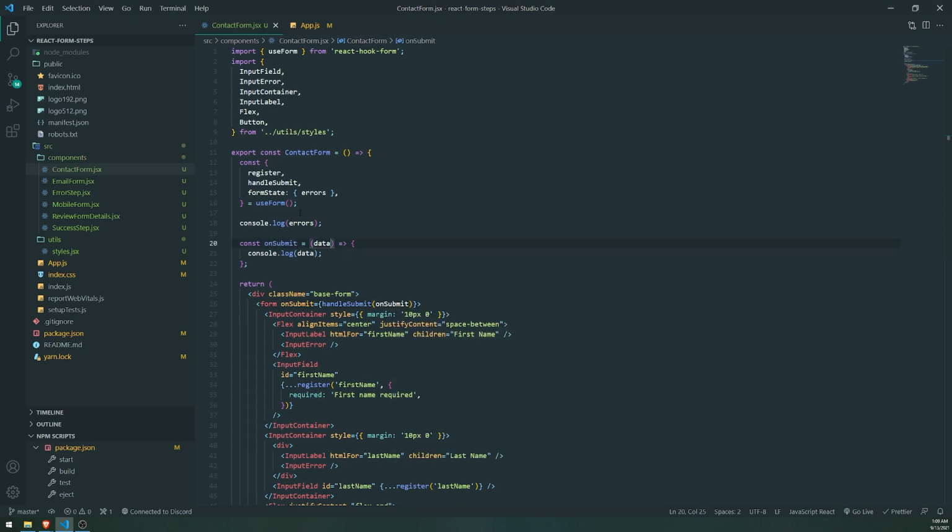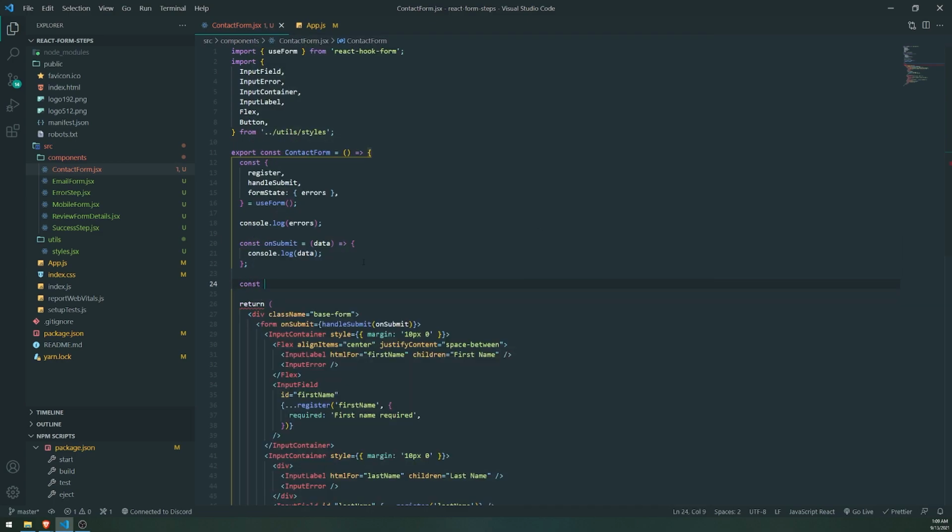Okay, so handleSubmit is a function that takes in the onSubmit function handler. Pretty much like I said, it's going to go ahead and validate our form, and if validation succeeds, it's going to invoke this onSubmit function. If it fails, then it will not invoke onSubmit. If you want to handle errors, which we will actually need to do later,